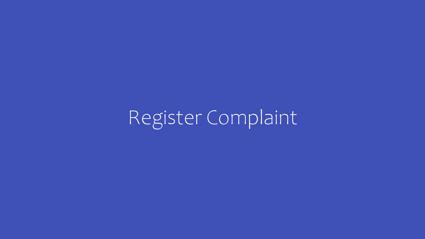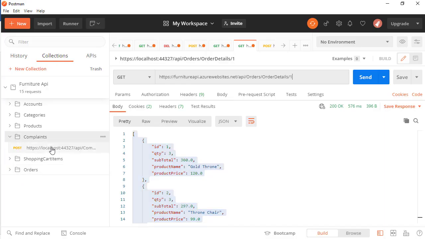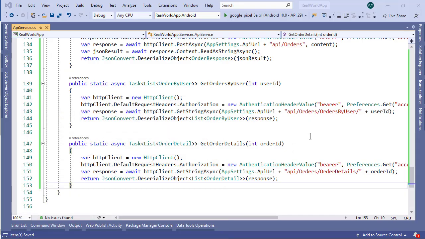In this lesson, we're going to start working with the complaint endpoint. So let's open this complaint endpoint inside the Postman. There you can see that this is a post request, and this request will take the following data in the JSON format. What I'm going to do is, I'll switch to the Visual Studio,